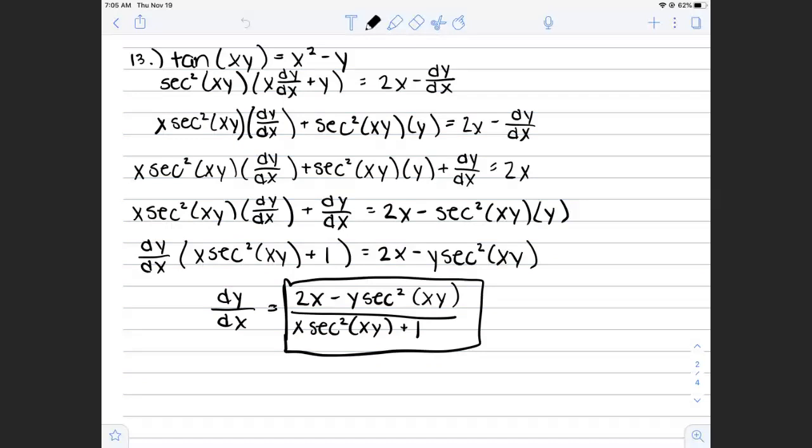Okay. So this is similar to the last problem. So we have to find dy dx, or y prime, and the equation we're given is tan of x times y is equal to x squared minus y. So for the